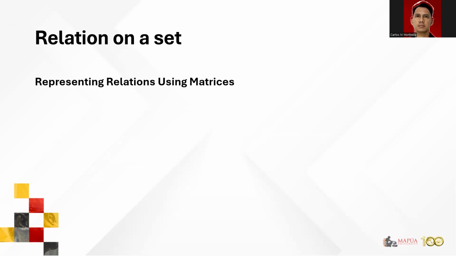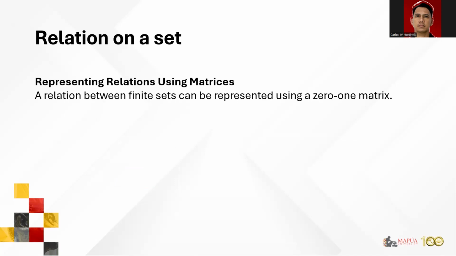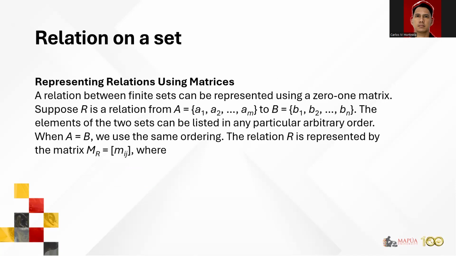You can also represent relations using matrices. A relation between finite sets can be represented as a 0-1 matrix. When we say 0-1 matrix, it implies that the elements in our given matrix are only zeros and 1. And if you have a relation from A to B, wherein your set A comprises the elements A1, A2, all the way to AM, and your set B comprises elements labeled B1, B2, all the way to Bn,